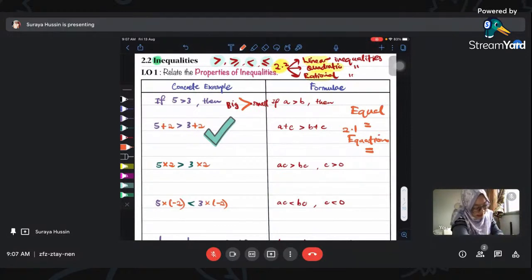You only see this symbol. Equal je yang kamu nampak. Tapi bila 2.2 inequality, you see this symbol. You see this more than or equal, less than or equal, right? So this is what we call as inequality. Fahamkan dulu maksud, fahamkan dulu term, baru you boleh faham selebihnya. Alright? So now, if 5 is more than 3,